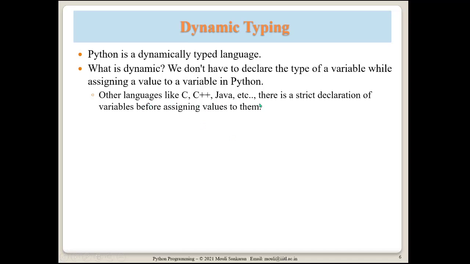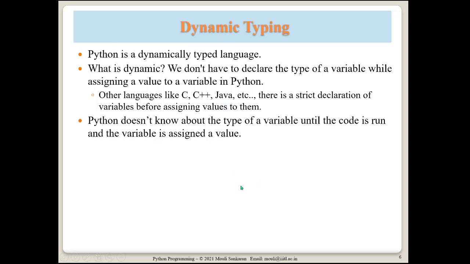So in other languages like C, C++, maybe not Java, there is a strict declaration of variables. You have to have a type declaration in Java or C, C++, whereas you don't do it here in Python. Python does not know about the type of a variable until, when I say Python, it's the Python interpreter when it is executing your program, not the language I'm saying. The interpreter which is going through your code does not know whether a variable label is of type integer or a string until it knows what object it is referring to or